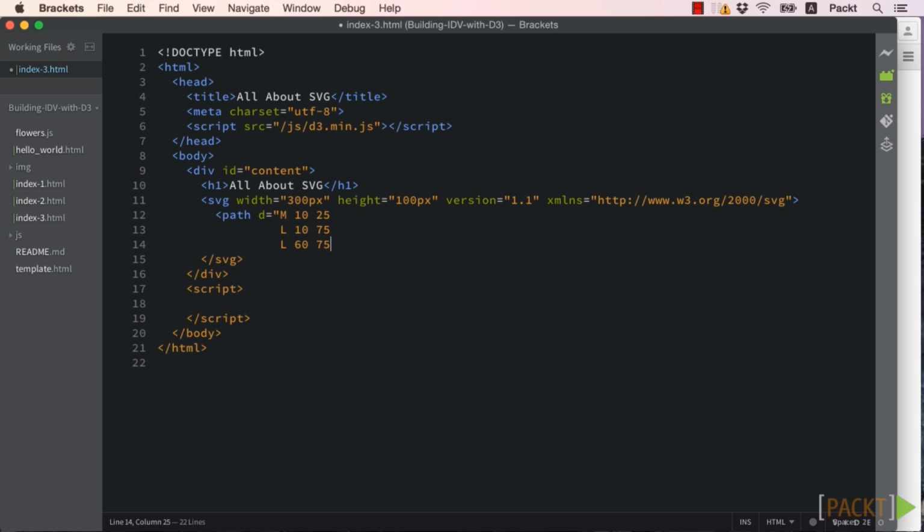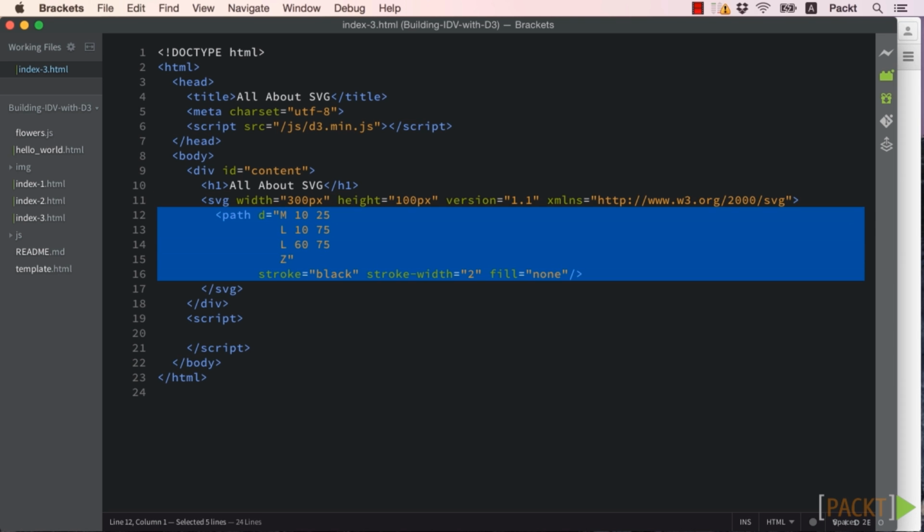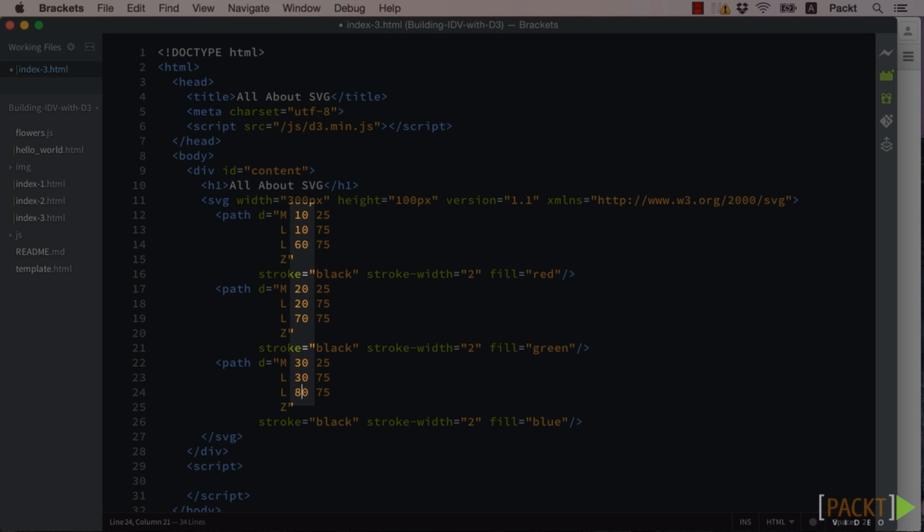Then Z will close the path with a line back to our starting point. We'll set a stroke and stroke width so it will be visible where the lines are. A quick reload of the page will show that our triangle works. Let's now make two copies of the triangle and stagger them across the page so that they are visible and